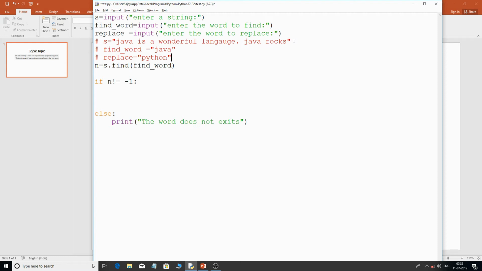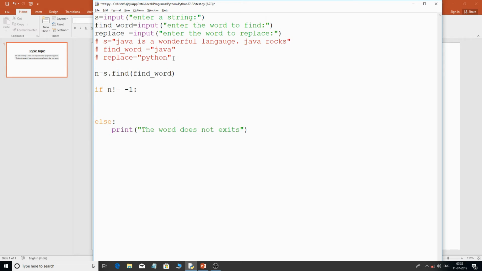Python and Java are both wonderful languages, but this is just an example that I'm taking. So we will replace the word Java with Python. Now the logic. First we have to find the word. If it exists, the condition n not equal to -1 means the word is present in that particular string. So first we will have a variable called substring, equal to